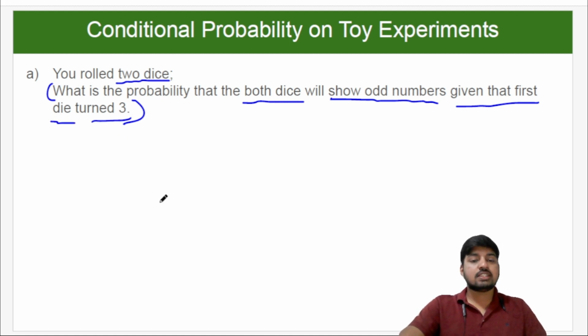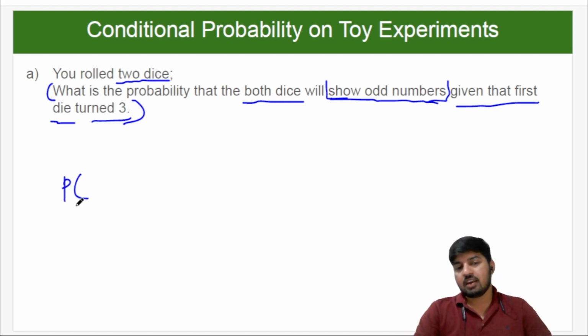Okay, so now this is the interesting question, because I need to know whether both dice will show odd numbers. Okay, so now what is the probability of this event? Here, instead of writing A and B in the initial stage, until you get clear with these notions, you can write it out in words. So, the probability of